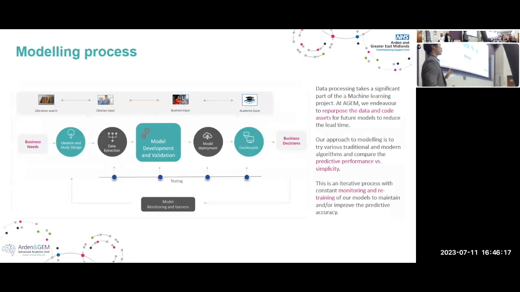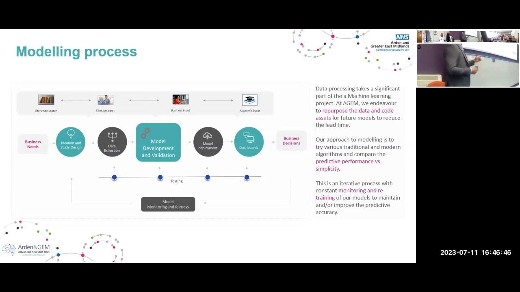So to begin with, it always starts with the people, the patients, and ends with the patients. So the business needs to be understood. So we talk to the client, we engage them on what their priorities are, we understand their assets, data assets, and also assets in the community. And then we start to think about what kind of study design, moving on to the second step, how we can begin to provide a solution for their problem.